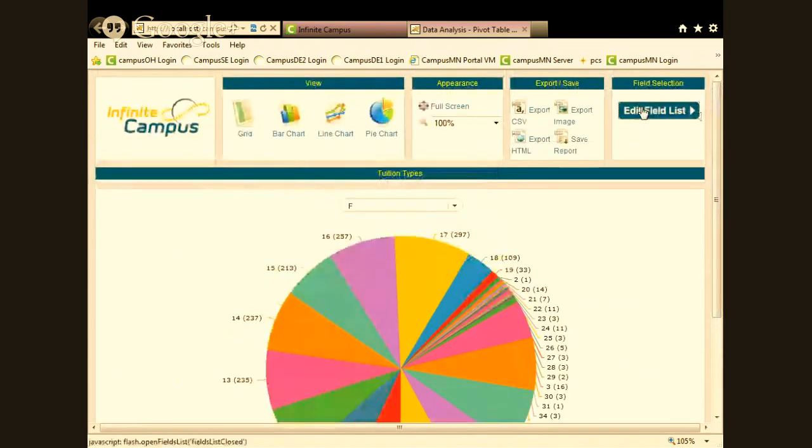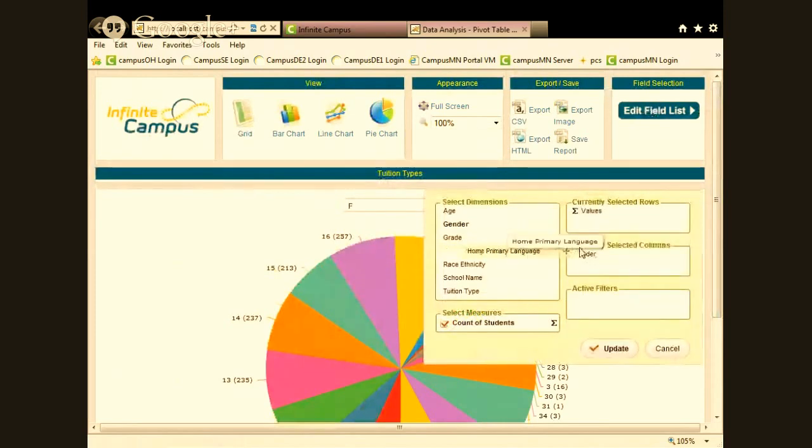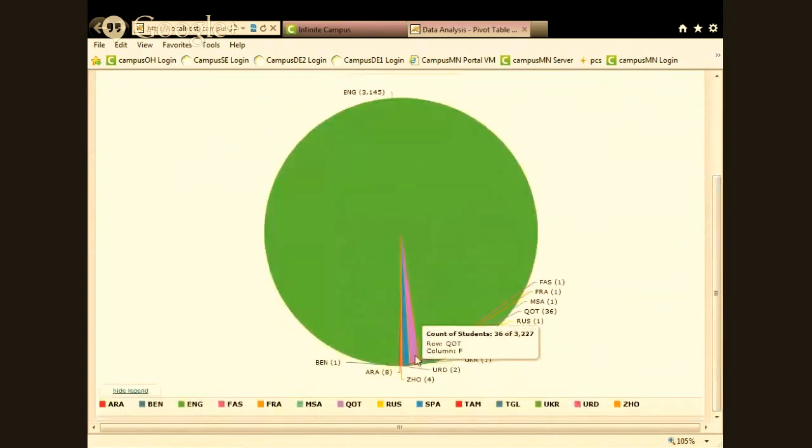And I can edit the field list that I'm looking at. I can say, don't show it to me by age, show me it by primary language, and update it. And then it's going to look different again. So those are other ways to look at EMIS data other than just doing an extract that are built into Campus. Okay. Any EMIS questions? Let me just review this quick and see if